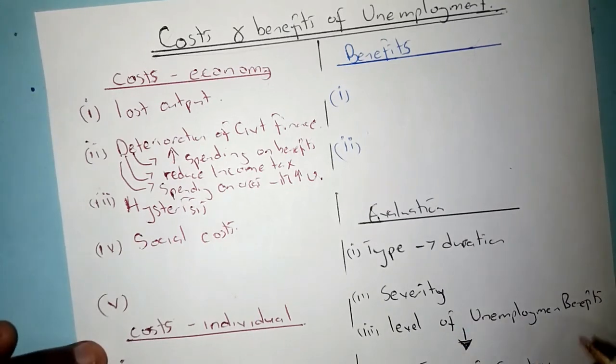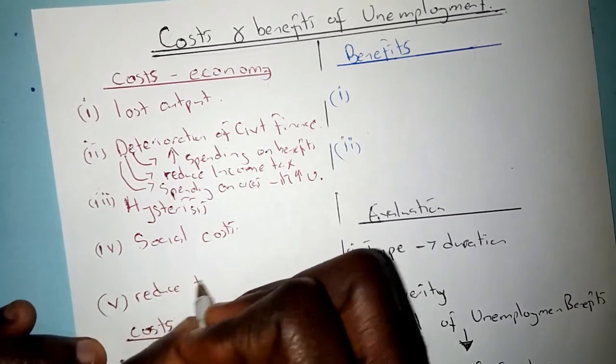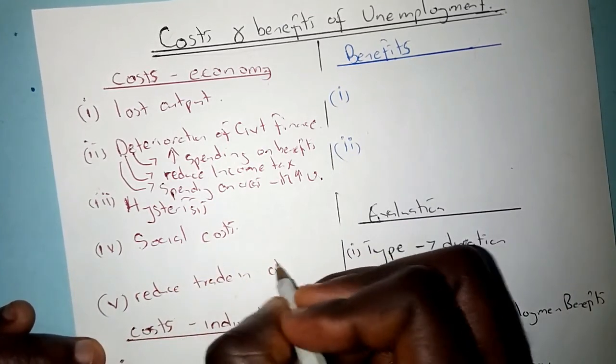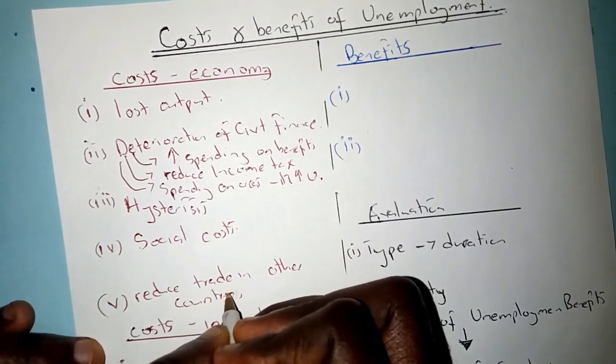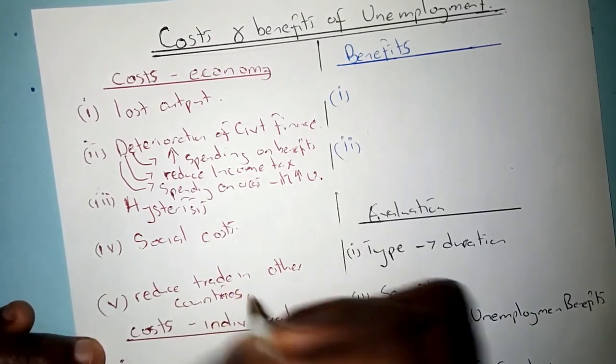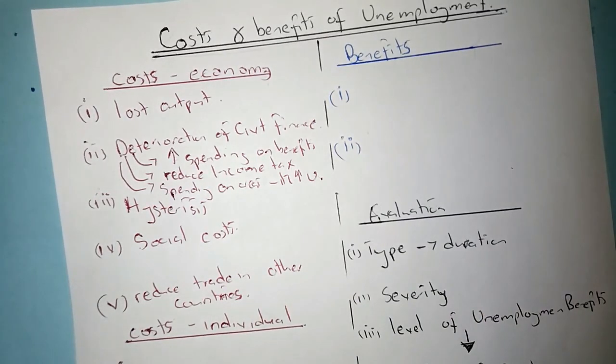And the last cost which affects the whole economy is reduced trade with other countries. The UK is a big domestic market for both the USA and Germany. So if unemployment is high in the UK, countries like Germany and the USA are not going to